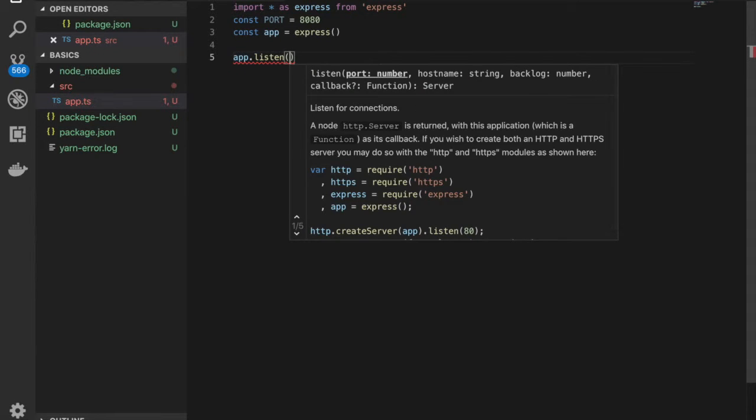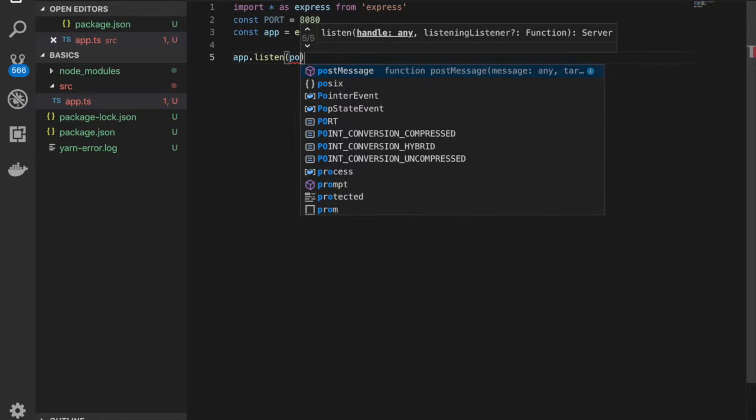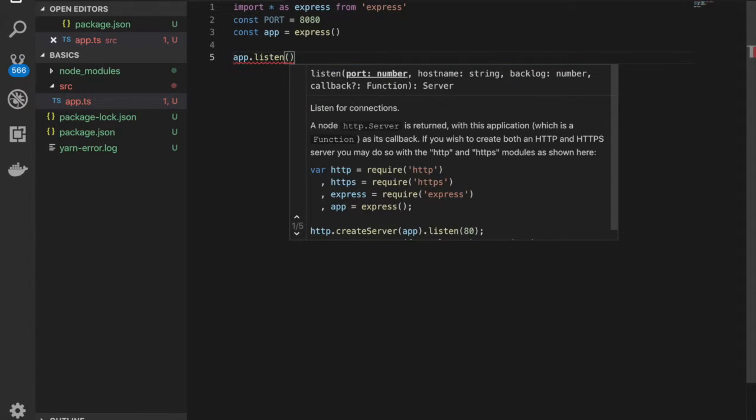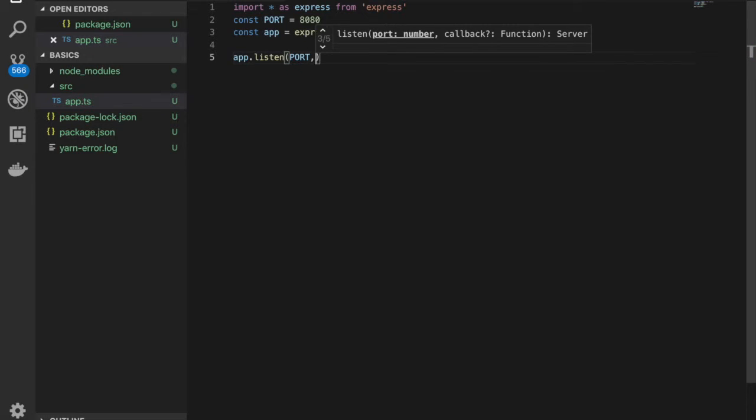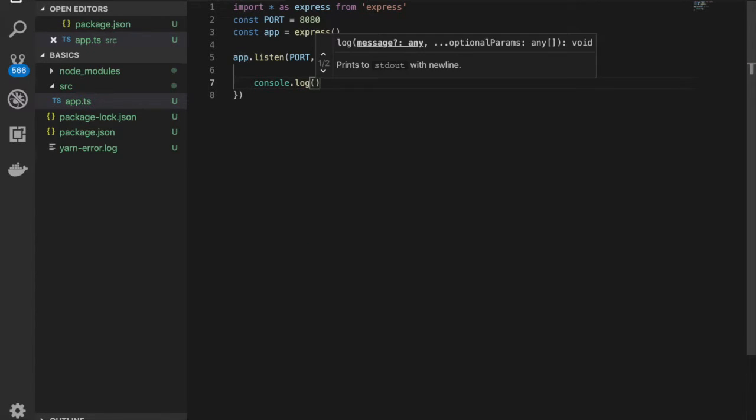So we're gonna write the port over here. Sorry, it was in capital letters. PORT, and we're gonna have the callback function over here, and once it runs, we're gonna console log